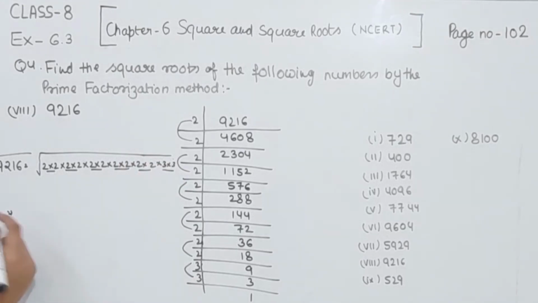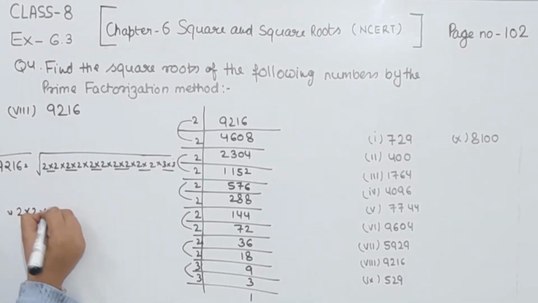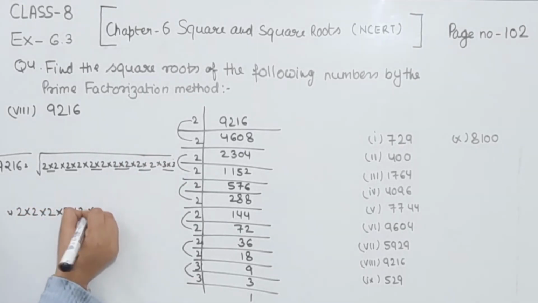So that means 5 times 2 will be here, 1, 2, 3, 4, 5, and 1 is the 3. So 5 times multiply by 2 and then 1 time we have the 3. So this one is equal to 96. So this is the part 8. We are having the square root of 9216 is equal to 96.